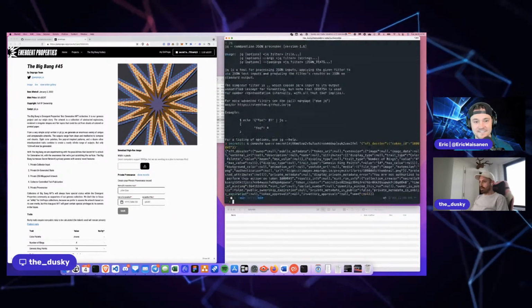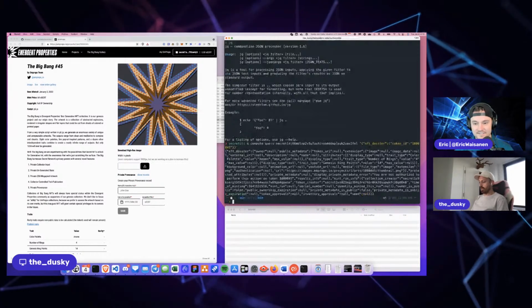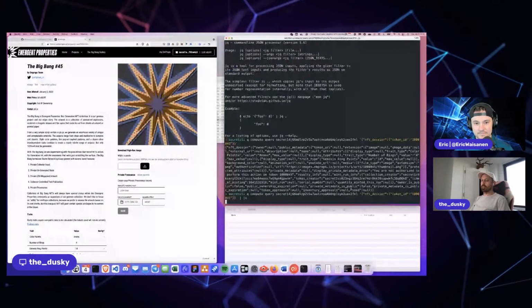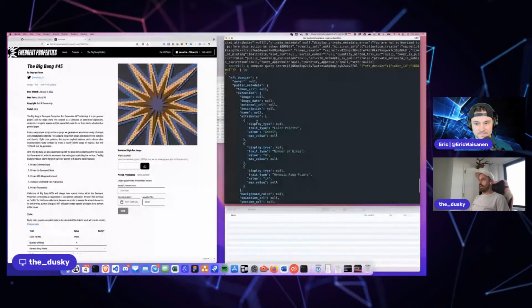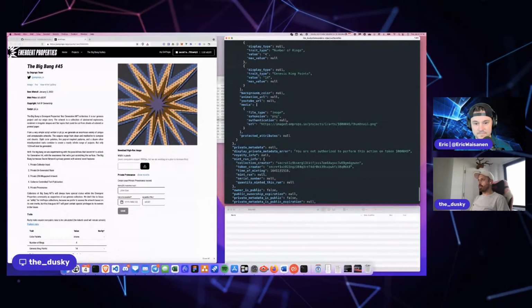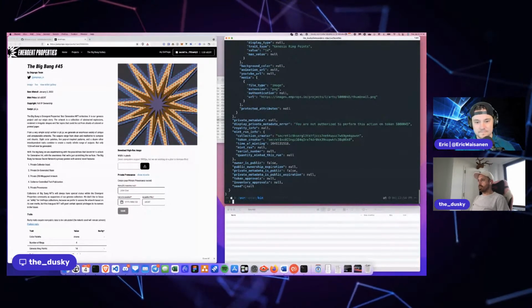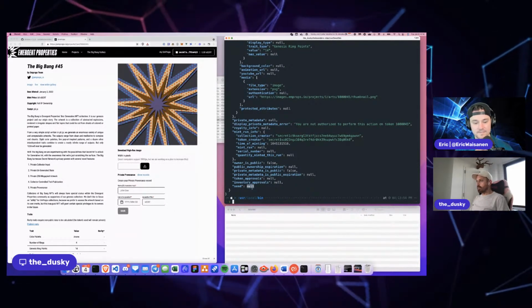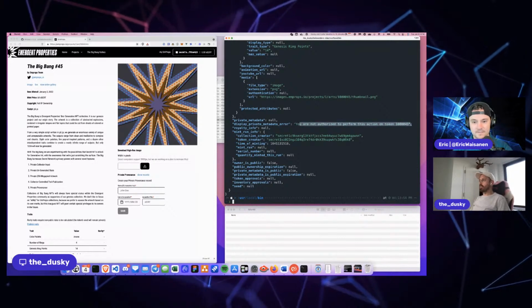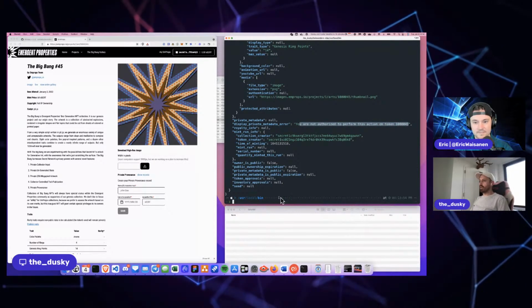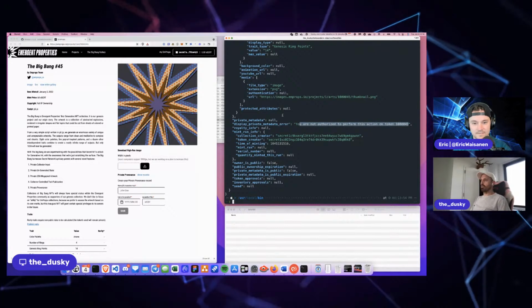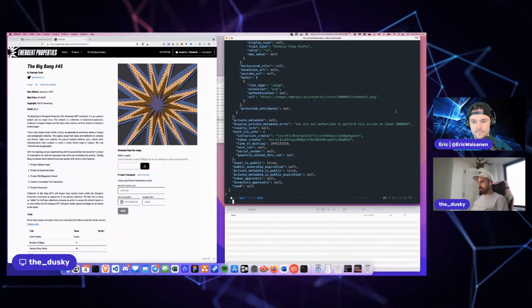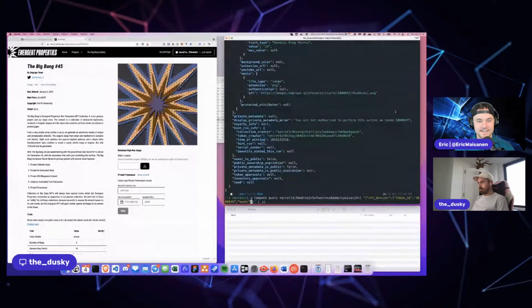Then we're going to use this thing called a pipe, which is a very common Linux thing, and type JQ, and that'll give us the output in a format that we can read. That's why I installed that. And what you can see here is the image where we saved the thumbnail, and then you get down to this section, and seed is null, and it says you are not authorized to perform this action. That's because I didn't put in the information needed to be the owner. So I'm going to do the exact same command, but this time I'm going to enter owner. So you can't steal my seed.